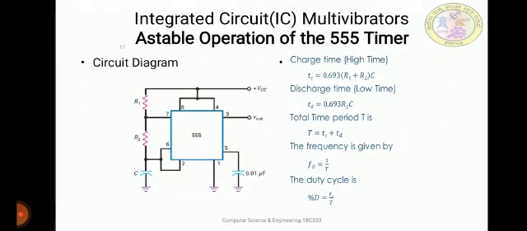Basically, we'll be designing the astable multivibrator, the first type of multivibrator using the 555 IC. As we have discussed the pin diagram of the 555 IC just now, in the case of the 555 oscillator circuit, pin 2 and pin 6 are connected together. If you observe the circuit, pin 2 and pin 6 are connected together, allowing the circuit to re-trigger itself on each and every cycle, allowing it to operate as a free running oscillator. That is the main important point.